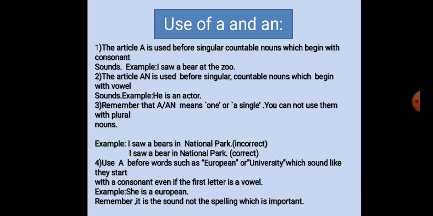4. Use a before words such as European or university which sound like they start with a consonant even if the first letter is a vowel. Example, she is a European. Remember, it is the sound, not the spelling, which is important. In European, the starting letter is E, but we have written a before this word because